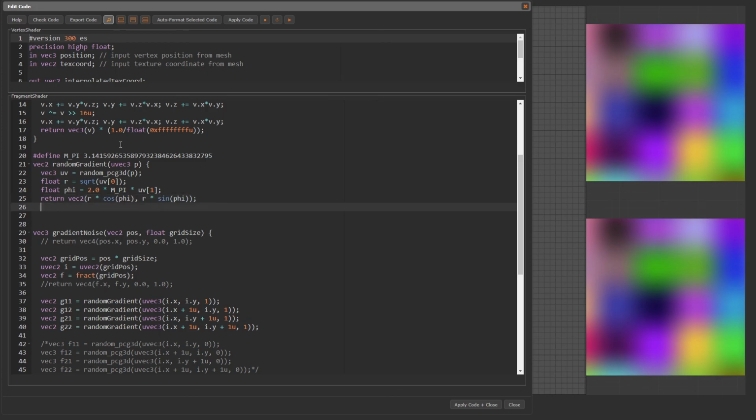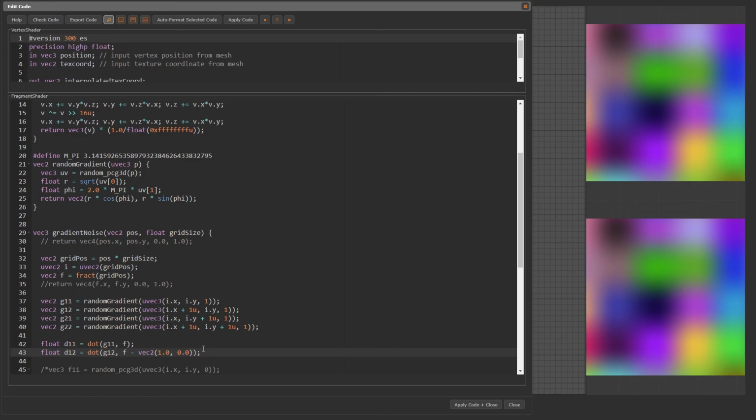Next we compute the influence of the gradient at the current interpolation value f with a dot product, as discussed in the slides. Float d11 equals dot(g11, f). Float d12 equals dot(g12, f). For d12 we should not use f directly but use the offset relative to the next grid position to the right, which is f minus vec2(1.0, 0.0).